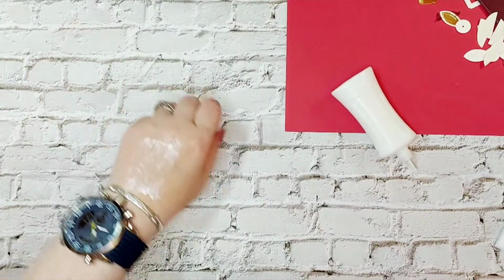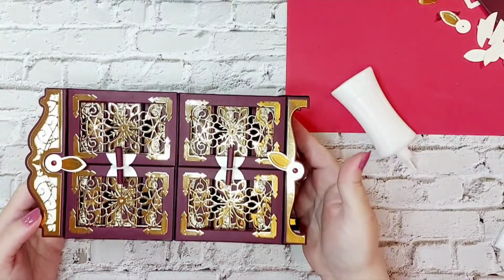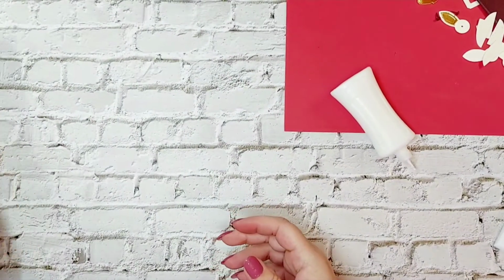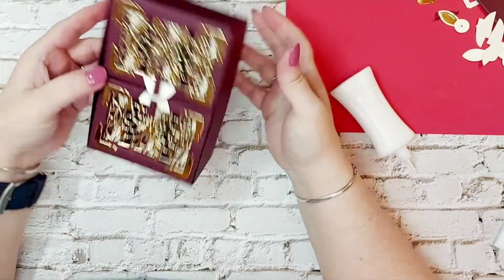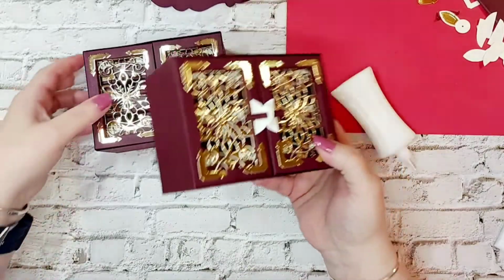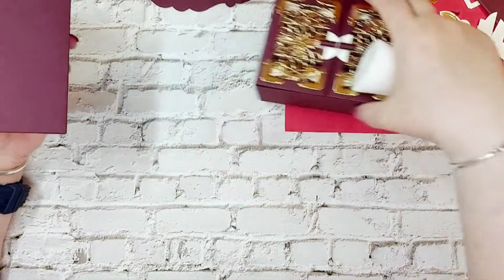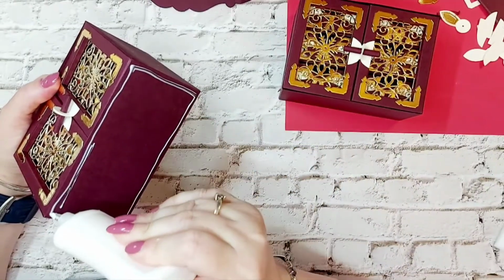Right, now then, this is one we've added two together, so you can see that there. And we're going to do the same again. We're going to put two together. So I have one here completed, as in exactly the same as the one we've made on the video. Okay. And I'm basically going to add adhesive to this panel here. Okay, so I'm going to give it a good helping. I am not going to scrimp